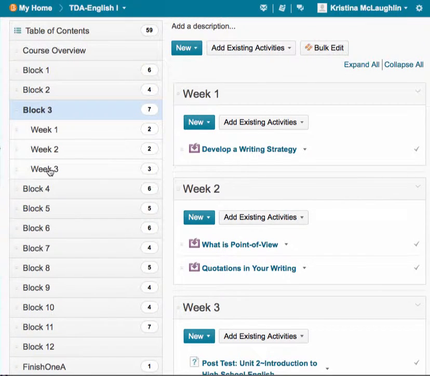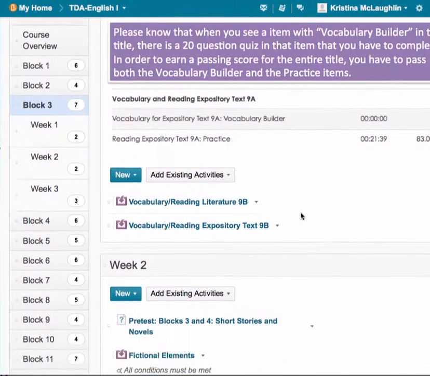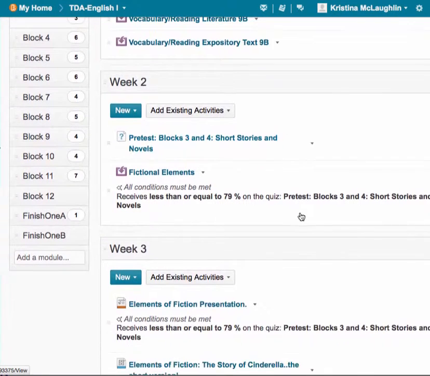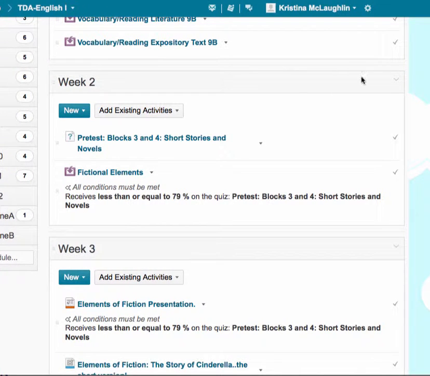And we did have another one set up. Okay, and what we did with this one is we wanted to look at exempting students from work. So in order to do that, we had to do the opposite. Students who received less than or equal to 79%, because remember 80% or higher is mastery, so 79% or lower means they failed it. So as soon as they scored a 79% or less on this pre-test assignment up here,